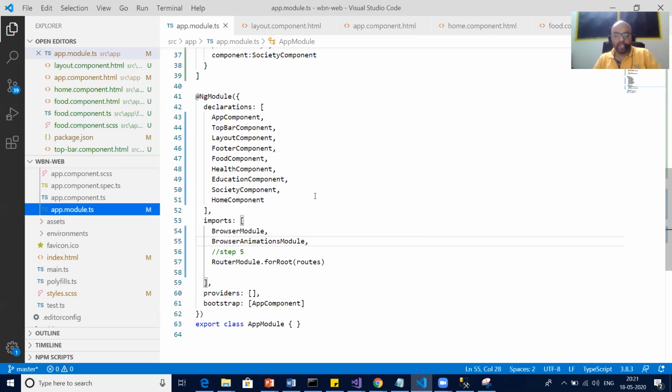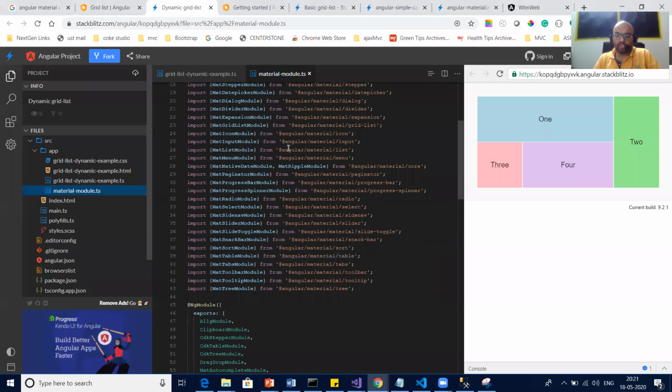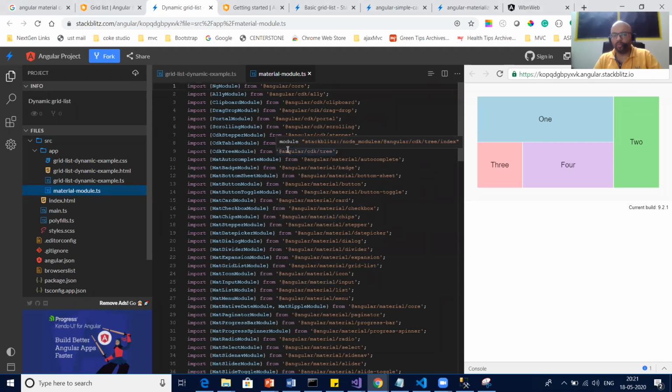Okay, so we have a huge list of all the components. Like there are so many components: drag and drop, scrollable, portable module, mat checkbox, mat form, mat button, mat grid, right? So which one you want? From the list, we need mat grid basically.